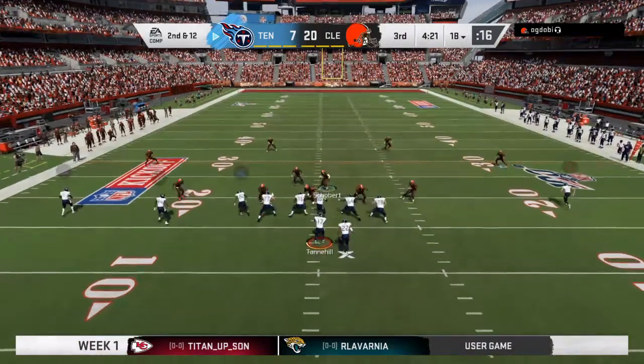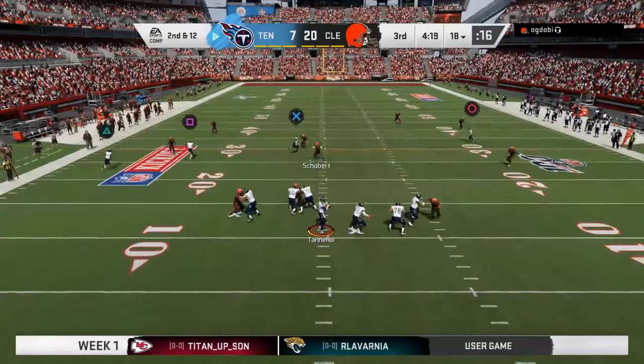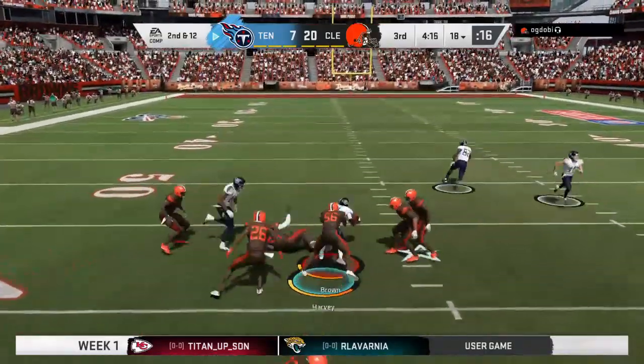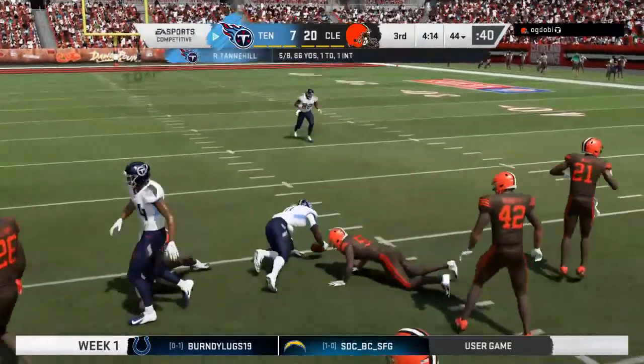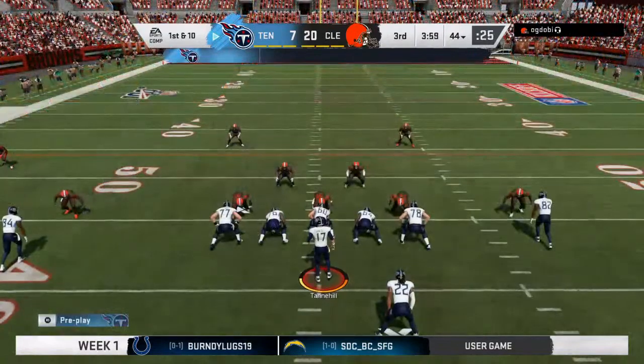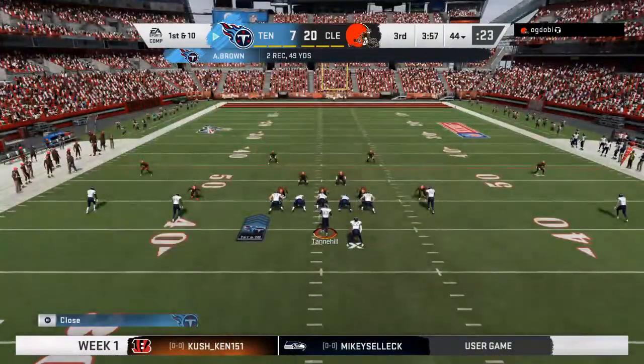56 to Mike. On 2nd and 12, Tannehill. This will be caught by Brown. And he'll get this one way up just shy of the 45-yard line. That one good for 26 and a first down. 56